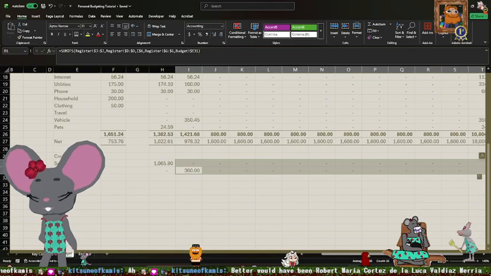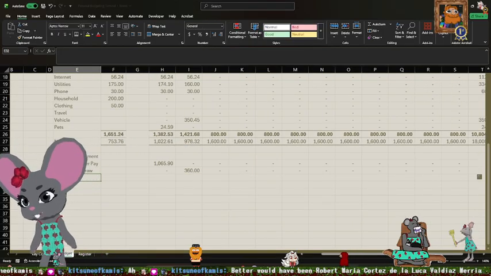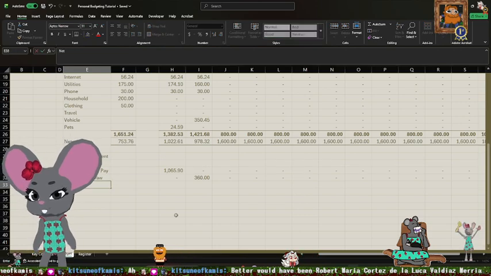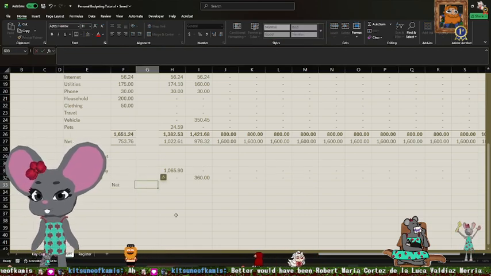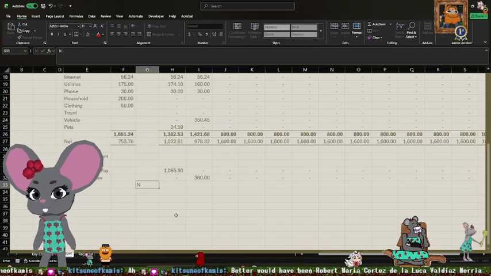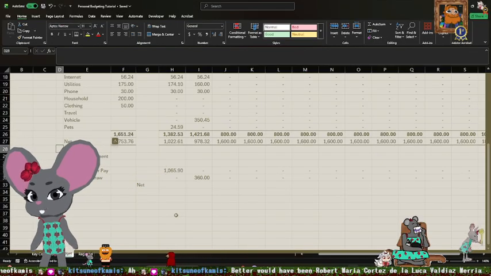And then we want to calculate the net of our savings. Let's do that over here. We don't want to make that like a category, although I did over here. It's fine.